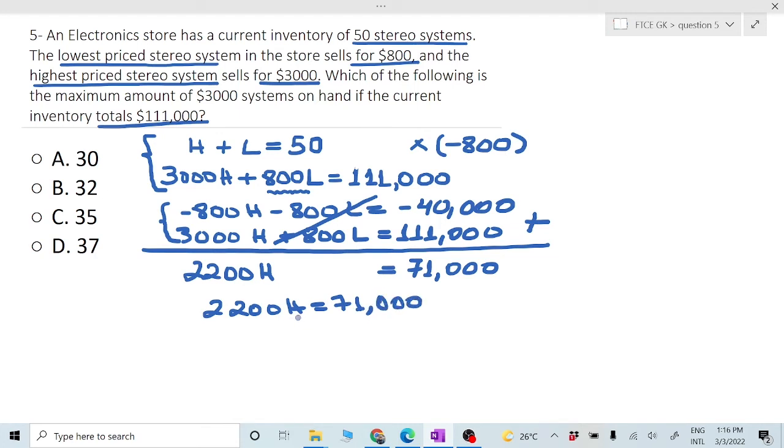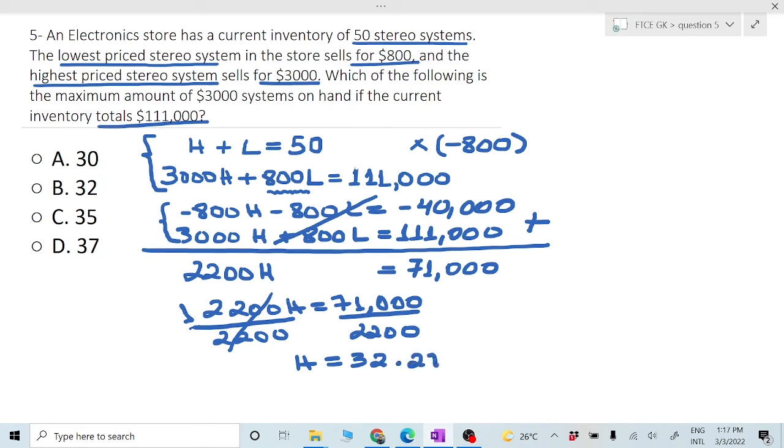Now I have to isolate H on one side of the equation, and the other side is going to be the result. So let's divide by 2,200 here and 2,200 on the other side as well, because it's an equation. When I do that, I will have 1H, because it's a division, right? And I'm going to divide this, and if you use the calculator, you're going to have a number